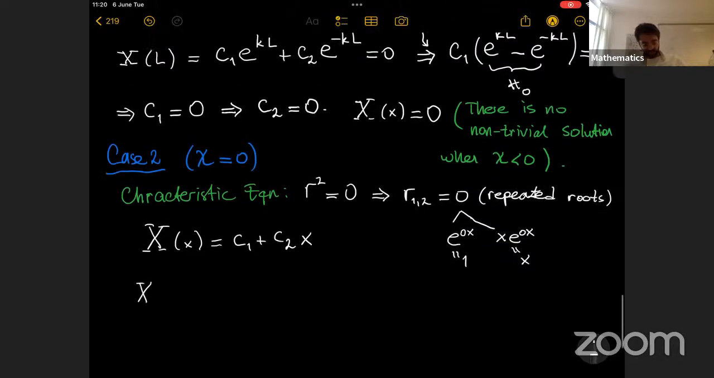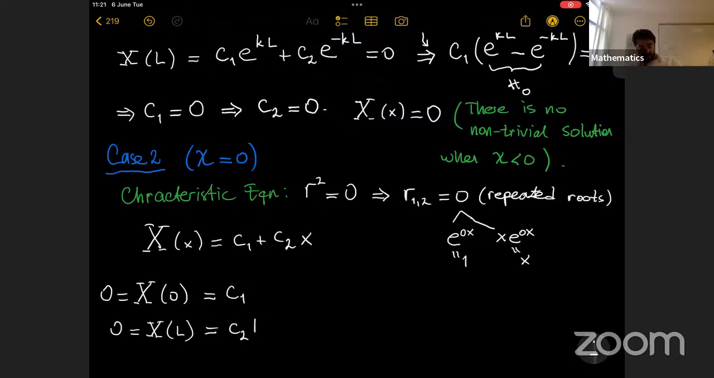What is x of 0? X of 0 was 0, and it's c1. So c1 must be 0, and x of L is also 0. Well, c1 is 0, so this is c2 times L. Since L is the length of the rod, it is non-zero. That means c2 must be